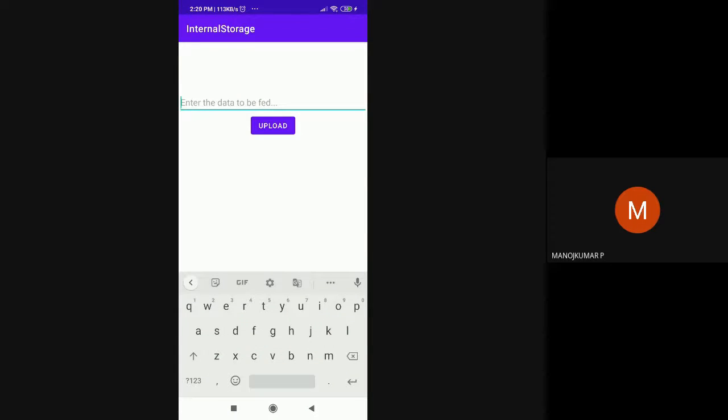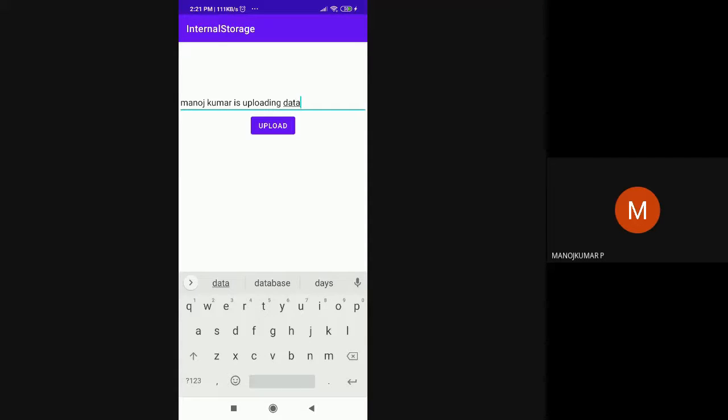Let me type in some data. So Manoj Kumar is uploading data. This is what I'm trying to do. I'll click on this upload button, and once this is done, you can see the toast popping up here with the file name, and it says saved to a certain location.